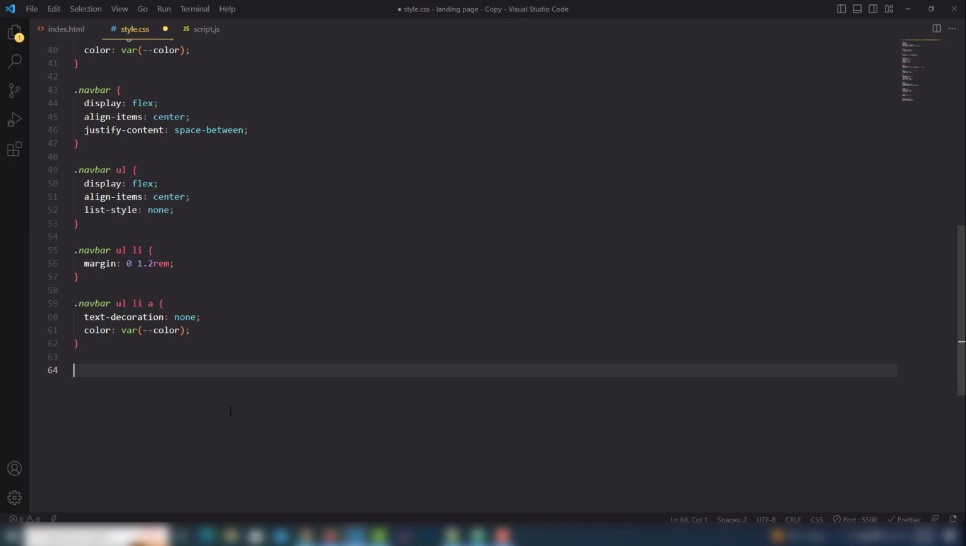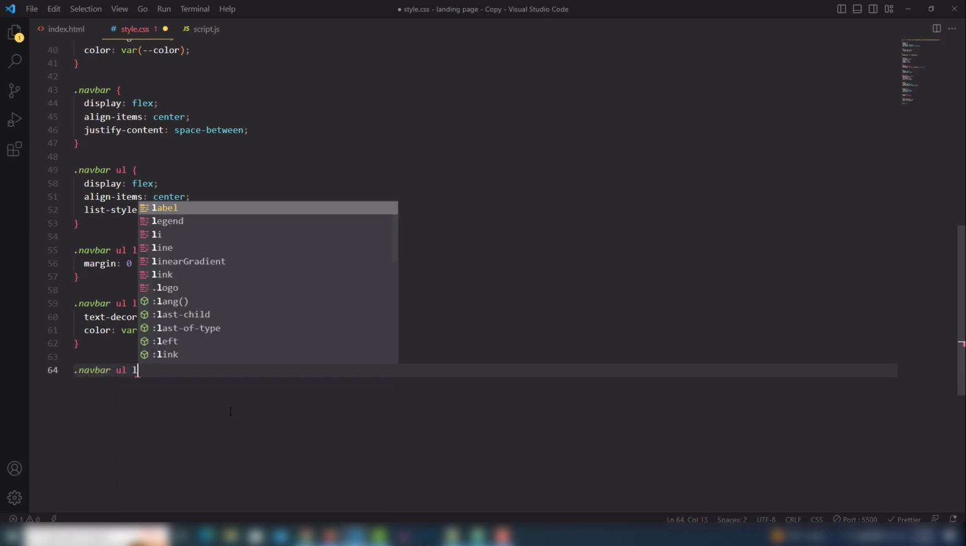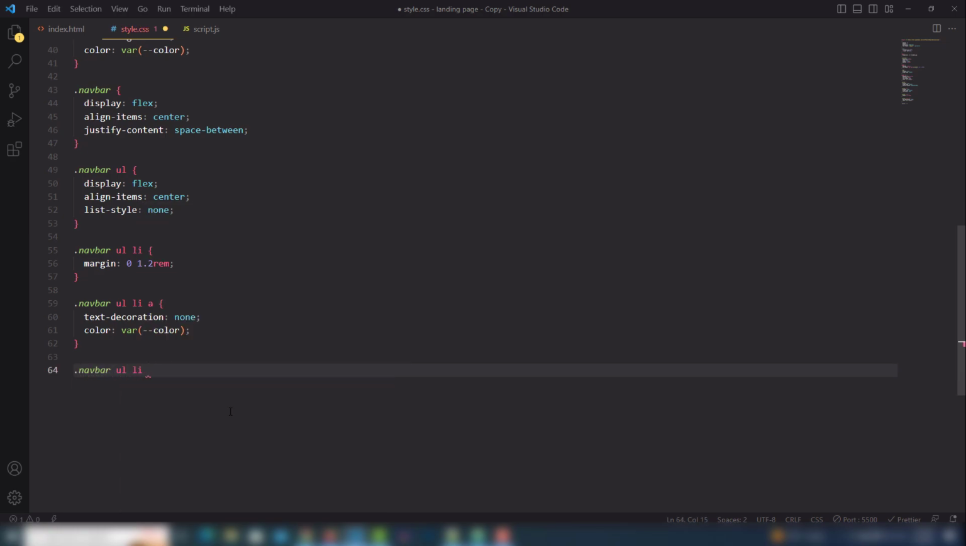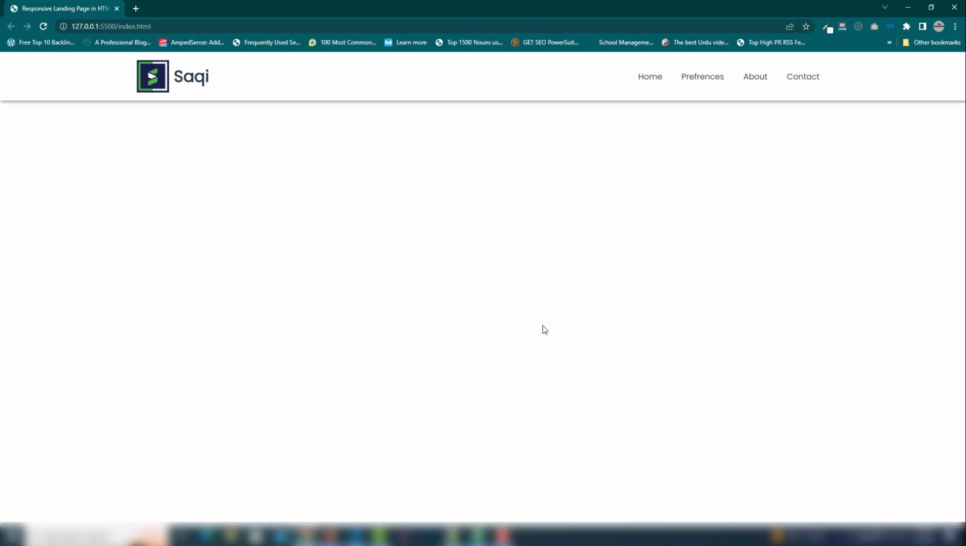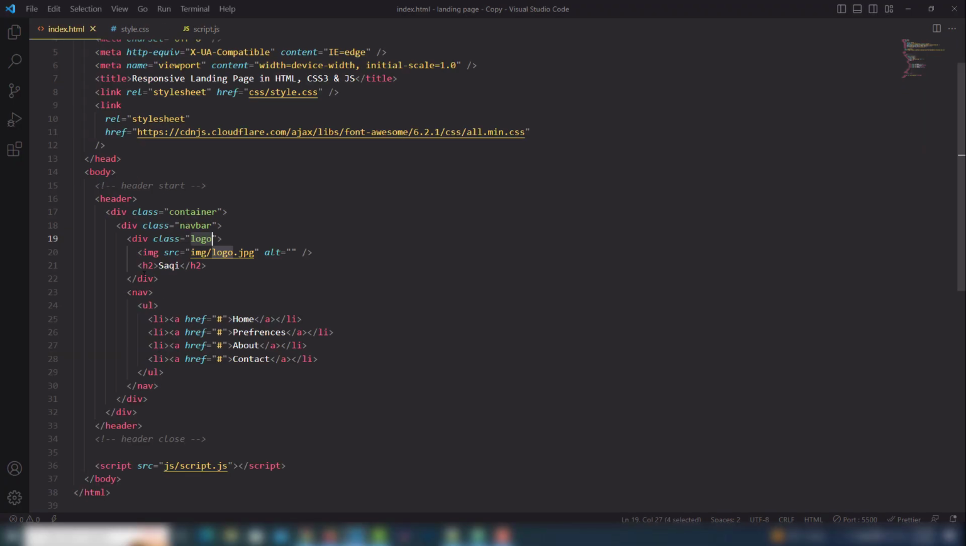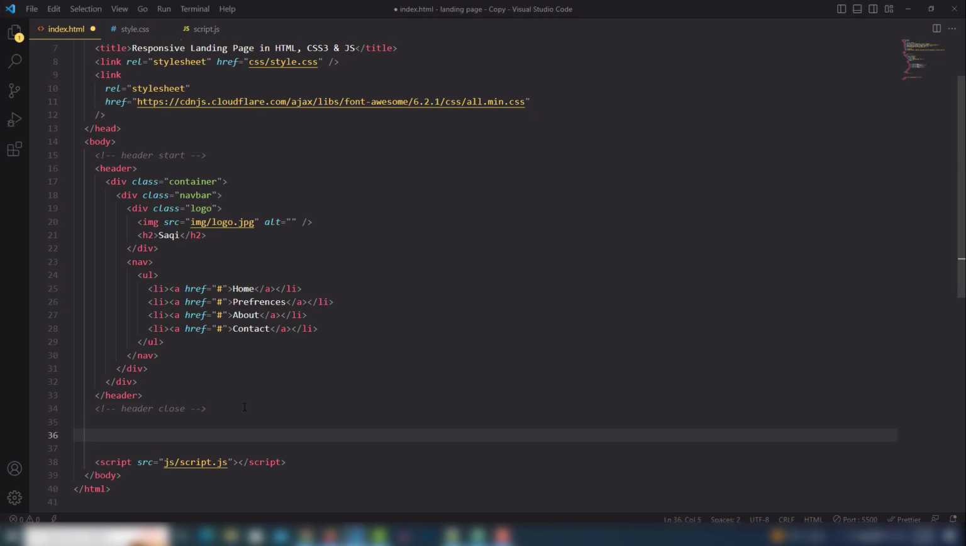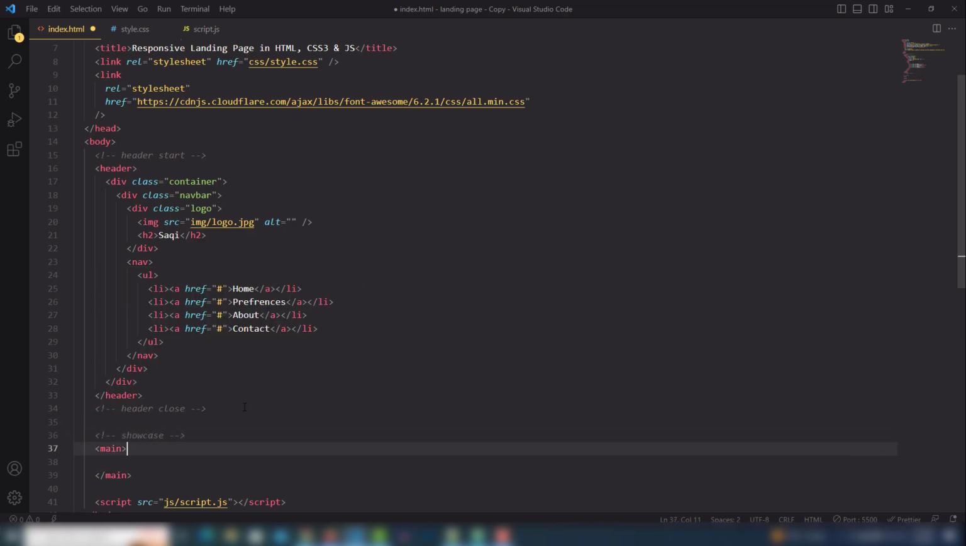Yeah, we need to use navbar, the a tag, and I think I will leave that because I want to display the showcase. So let's move on the showcase. In the showcase we're gonna use the same thing. So let's write the main tag. I will also use showcase